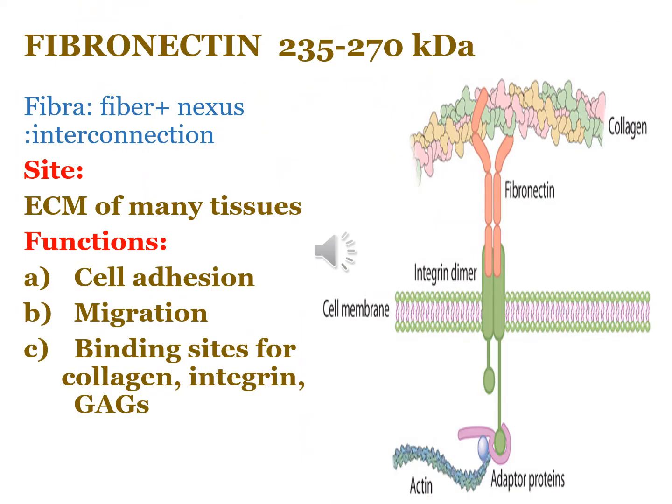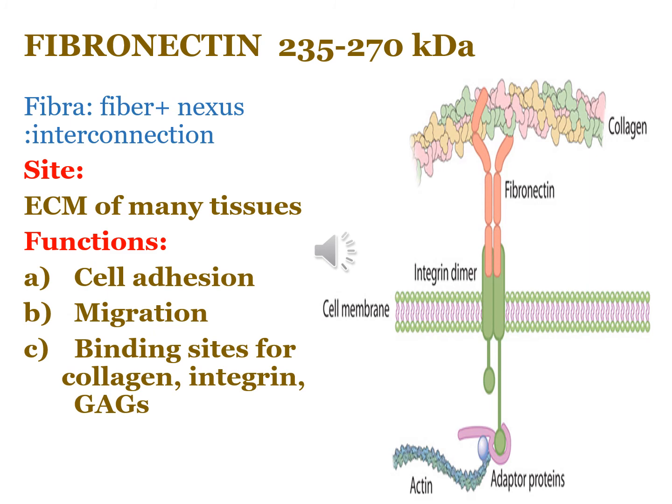So first of all, discussing fibronectin. The word is derived from the Latin words fibra, which means fibers, and nexus, which means interconnection. Nexus means connection and fibra means fiber. So it is going to connect something. Fibronectin is synthesized largely by the fibroblast. It is about 235 to 270 kilodalton. It is a dimeric molecule and has binding sites for collagen and certain glycosaminoglycans. It forms an insoluble fibril network throughout the connective tissue, and it is going to link to some GAGs as well.